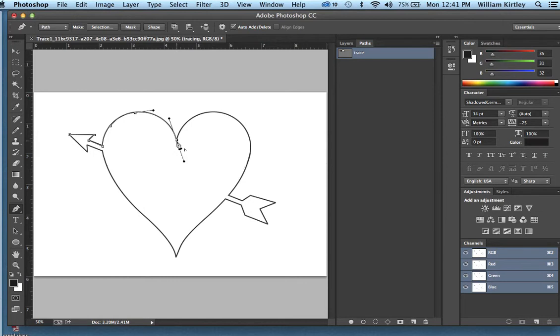You'll see that little V. Basically, it's going to convert it. It's going to eliminate one of those control nodes. So I'm just going to hold Option and click. You'll see that one of the control nodes disappears, and I'll show you kind of what those do here in just a minute. Now, what I'm going to do is I'm going to try to match these nodes here,